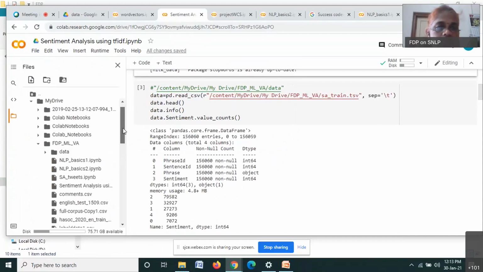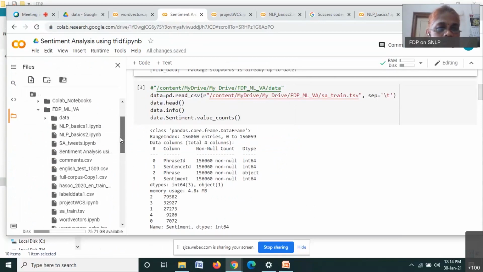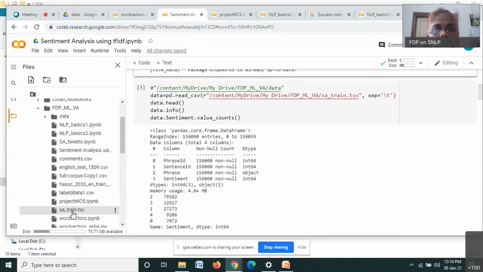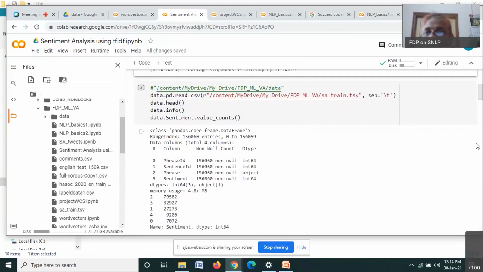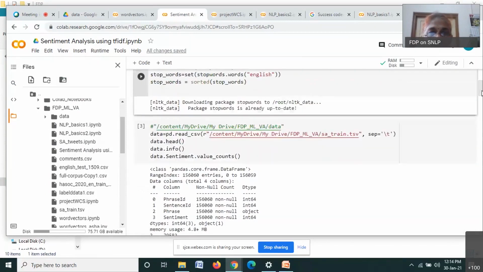Train.tsv is the file, this one. So this is a TSV file. TSV is a tab separated file. So this file I am reading. Here is the data of that file.